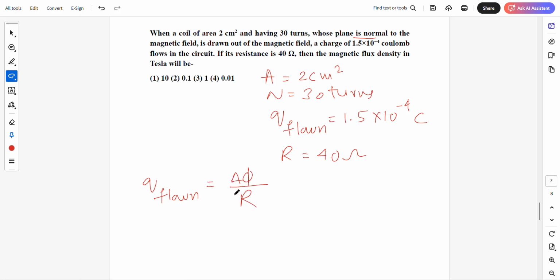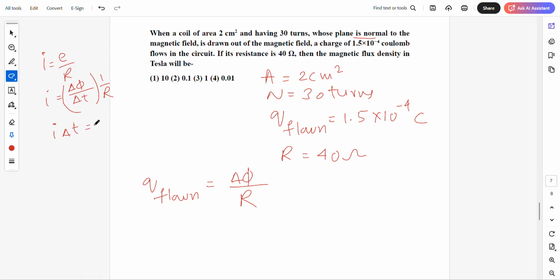delta phi by R. From where we got this one? We know that I is equal to ಏನಪ್ಪ? I is equal to E by R ಅಪ್ಪ. What is meant by E? That is delta phi by delta T into 1 by R. Alvanappa. Okay. I into delta T